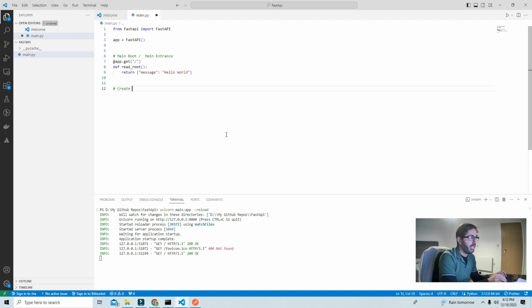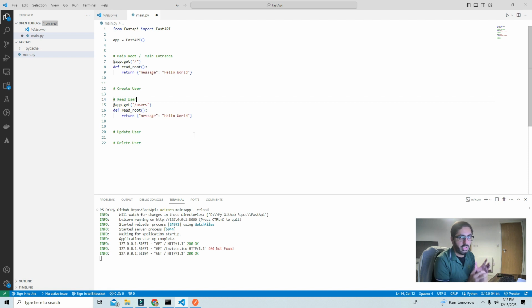Now what I'm gonna do here, I will just copy paste these things. So first is create user, second is read user, fourth is update user, and the last one will be delete user. And the first thing I will do is the read user. For this one I will create a route which will be slash users. What it will do, it will bring all the users to me, and here I will make a